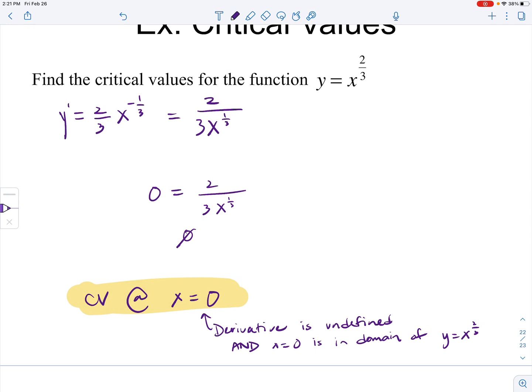Okay, so that's just looking at identifying critical values for a little bit more complicated functions. So I gave you an example of a function that didn't actually have any critical values because a function does not have to have any critical values. This function does. But